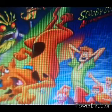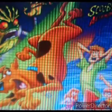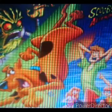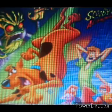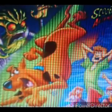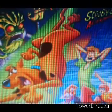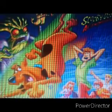So let's review. The movie starts with Shaggy driving the Mystery Machine, but then they see a spaceship, so Shaggy loses control and the Mystery Machine crashes. They go outside. Fred and Daphne go to a village to find some help, while Shaggy and Scooby stay in the Mystery Machine. After that, they see a jackalope who steals their Scooby snacks, so they start chasing him,